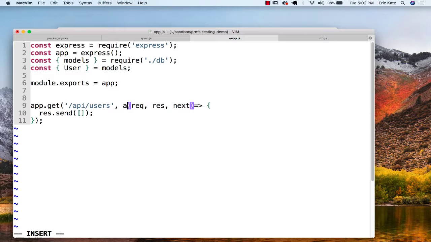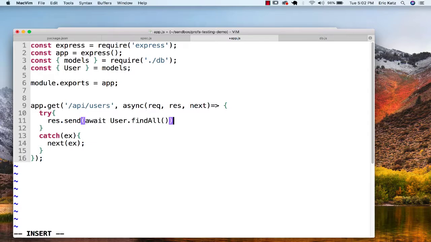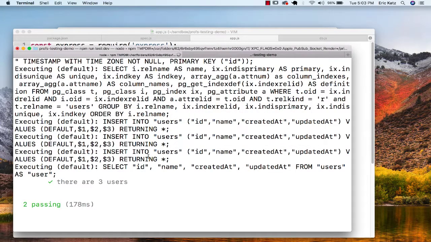And now what we could do is we could use our async await. When we're in a route, you really have to put a try catch here, because or else the user is never going to end up seeing anything. If we have an error, we call next with the exception. We've got async here, and I'm simply going to say response.send, and we're going to await, and we'll say user.findAll. And that's going to send back the users that we have in our system,